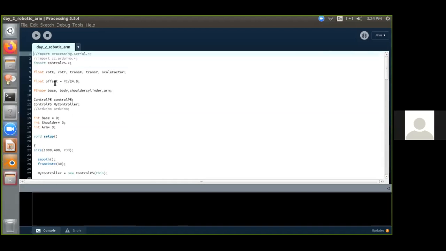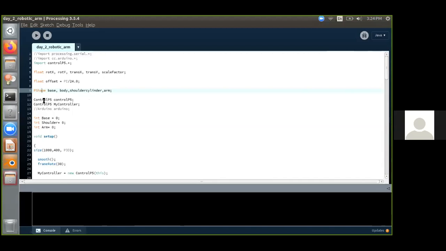Then we are going to use PShape. PShape is like how you use int or float in a C program. We have to use PShape to declare the 3D object which is going to be imported. So we have to declare PShape base, body, shoulder, and arm.